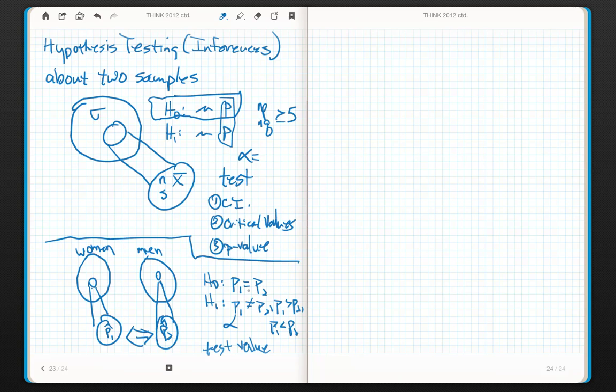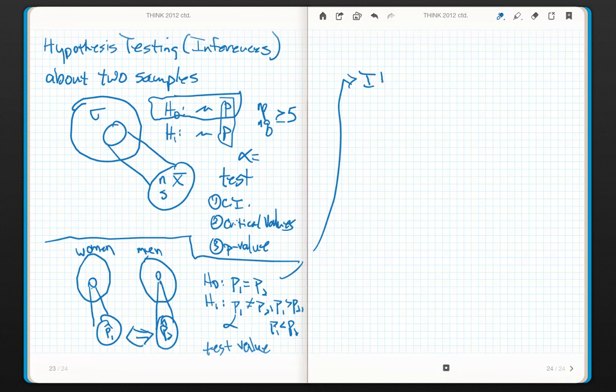Now, there's a difference with this. We don't traditionally do this with proportions, but I do want to set up, let me say, I'm going to make a claim. I believe that the difference in support of, wow, that's terrible handwriting. I'm sorry, you guys. The support of candidate